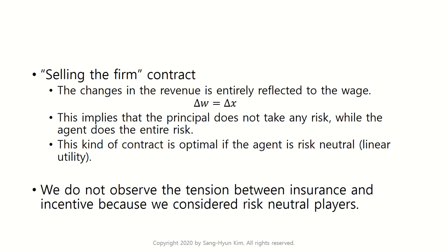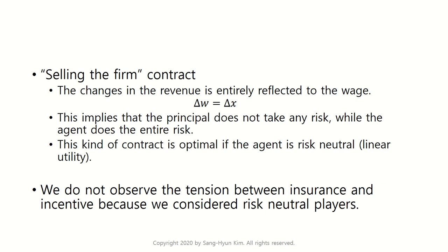Okay, so this kind of contract is optimal if the agent is risk neutral. So how do you know that the agent is risk neutral? The agent is risk neutral because we assumed a linear utility for the agent. So the agent's utility was linear in wage, right? As wage increases, the agent's utility increases linearly. So that means the agent is risk neutral. The same is true for the principal, but what's more important is the agent's risk attitude. Okay, so here